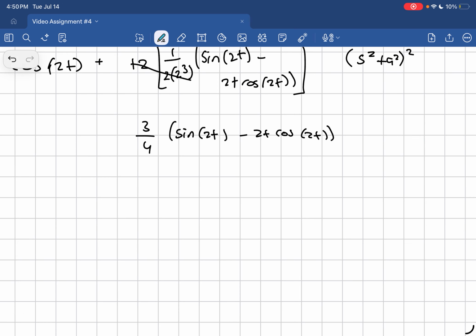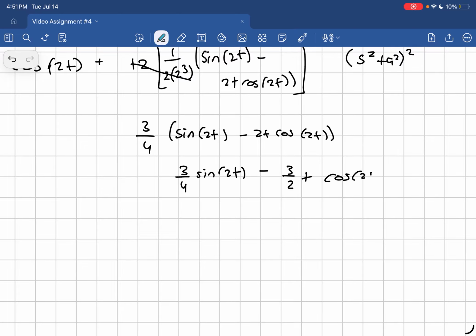And we can distribute the 3/4 to both terms, so we'll just get 3/4 sine of 2t minus 3/4 times 2t cosine of 2t, and this will just end up being 3 over 2 t